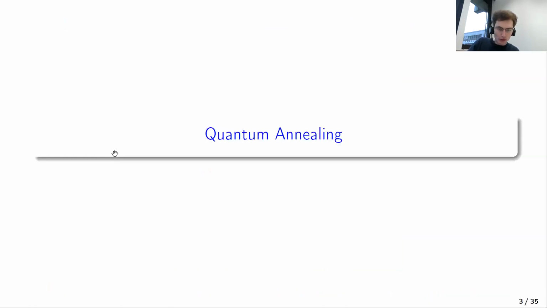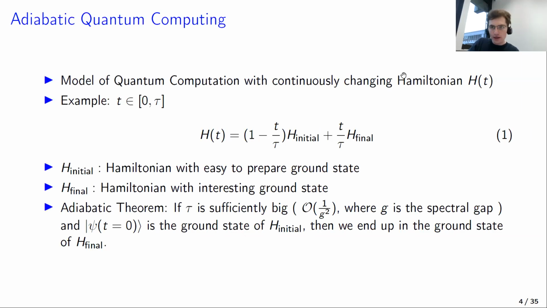I will start with a short slide about adiabatic quantum computing. As you all know, in adiabatic quantum computing, you usually have a model with a continuously changing Hamiltonian. This could look, for example, like this, where we have a linear combination between an initial Hamiltonian with an easy to prepare ground state and a final Hamiltonian with some interesting ground state. Then the adiabatic theorem roughly states that if tau is sufficiently big, an estimate could depend on the spectral gap. And if we start in the ground state of H initial, then we end up in the ground state